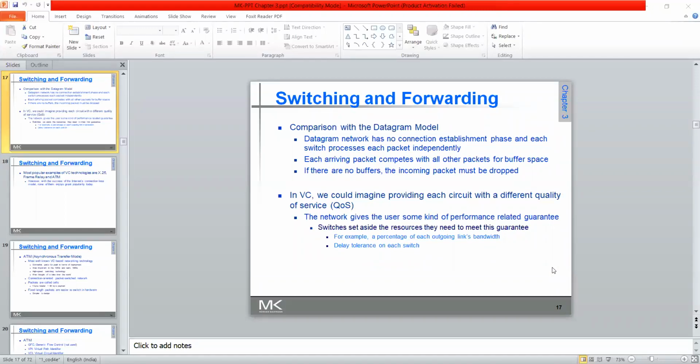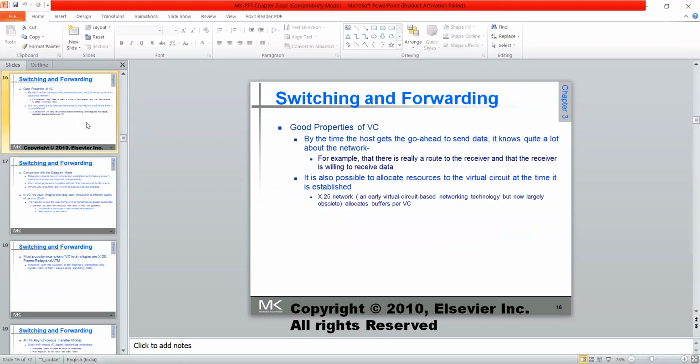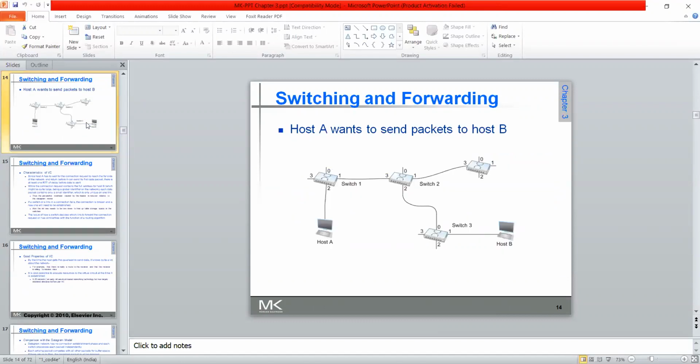Okay. Now, coming to the last class, we had discussed how the VC table is going to work and how the VC is related with port numbers and all. We'll go back to that particular figure where it will be understandable. Host A wants to send packets to host B. As I refresh you, this is how a virtual circuit or connection oriented service will work. First, a connection establishment will be done. After the confirmation of the path connection, then the packets will be sent.